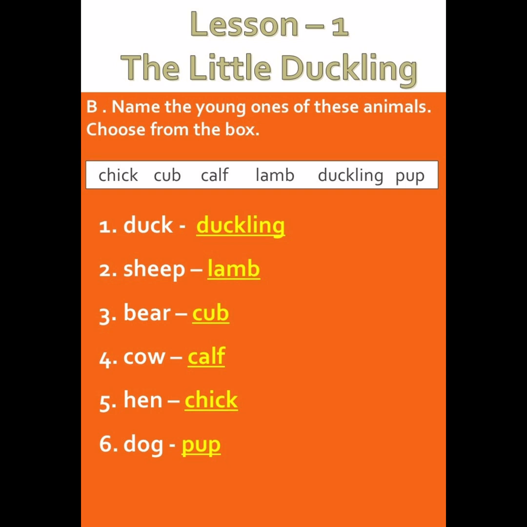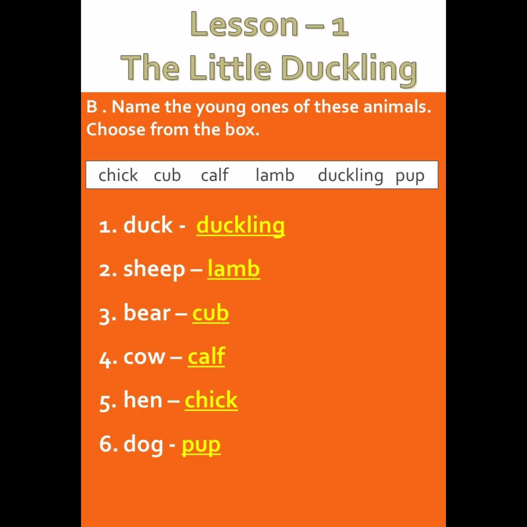Duckling, D-U-C-K-L-I-N-G. Duckling, D will be small. Number 2 is sheep. The baby of sheep is lamb, L-A-M-B, lamb. Number 3 is bear. The baby of bear is cub, C-U-B, cub. Number 4 is cow. The baby of cow is calf, C-A-L-F,